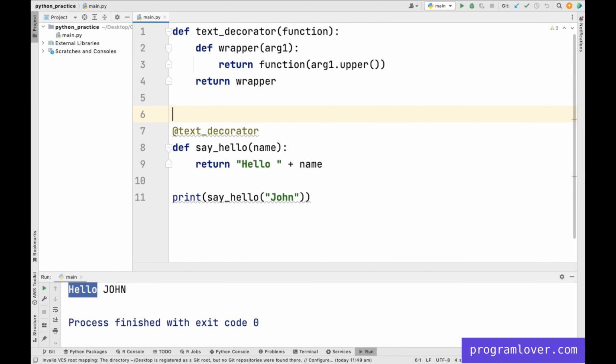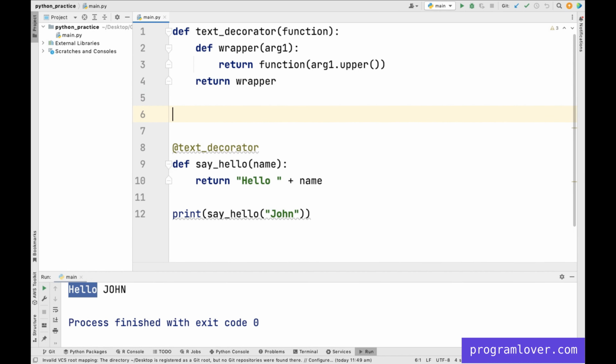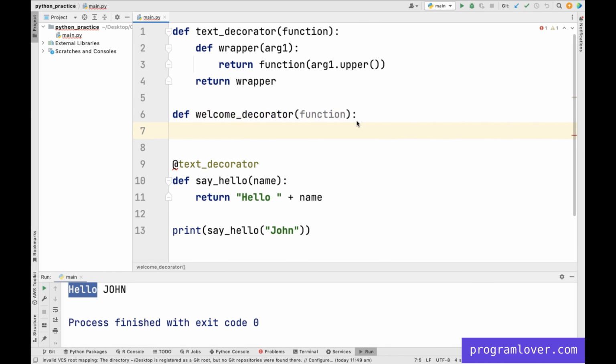Here we create one new decorator function and the name of the decorator function is welcome decorator. And this decorator function accepts a function as an input argument. Then we declare a nested function and the nested function name is greet.